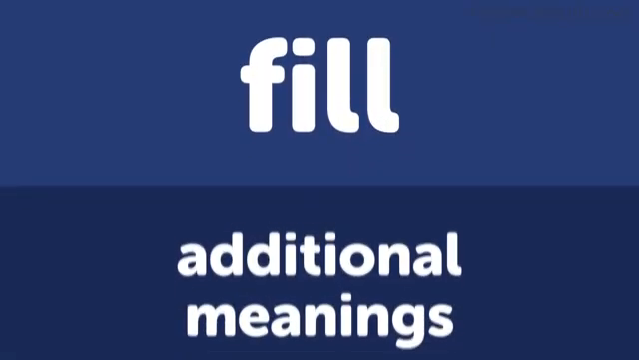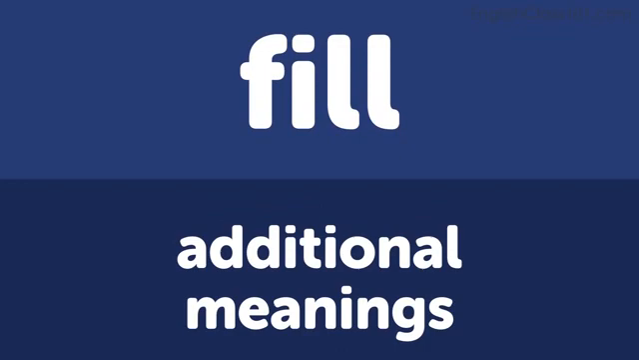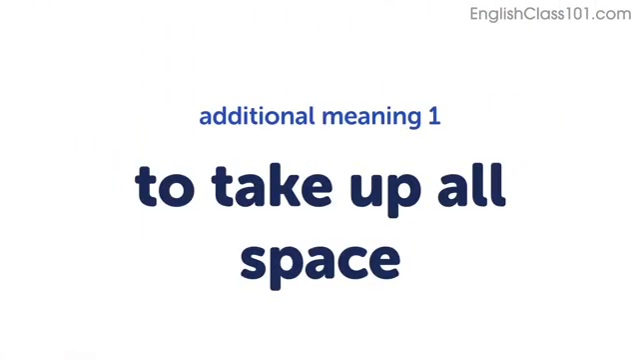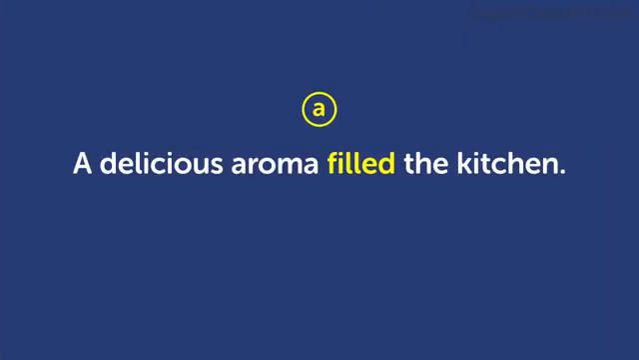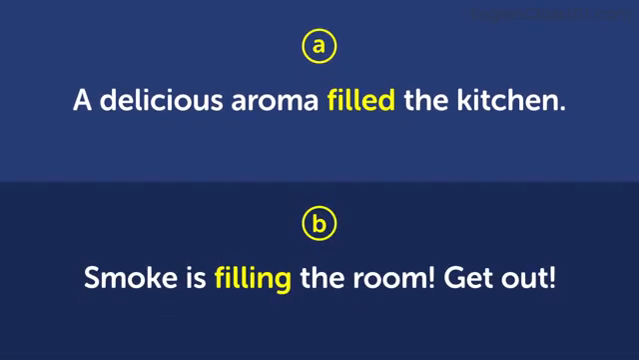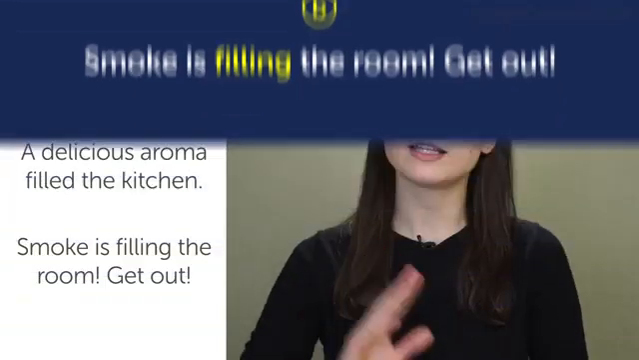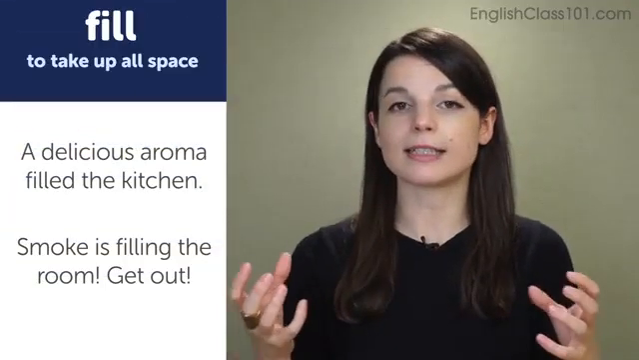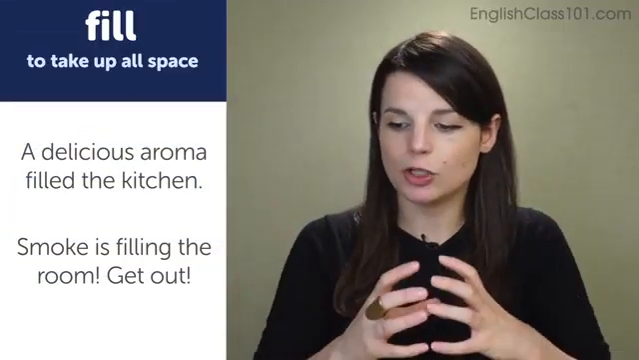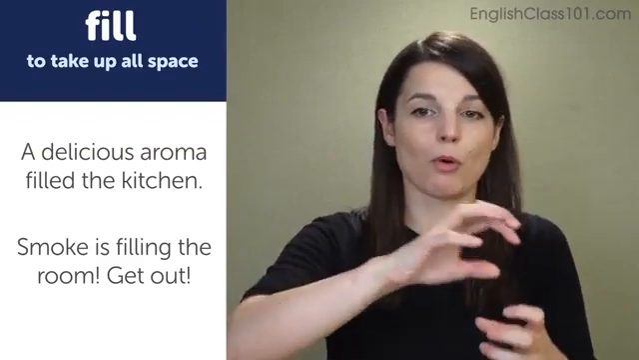Now let's talk about some additional meanings for this verb. The first additional meaning is to take up all the space or to spread into a space. Examples. A delicious aroma filled the kitchen. Smoke is filling the room. Get out. So in these examples, we don't necessarily see a physical object that we maybe pour or that